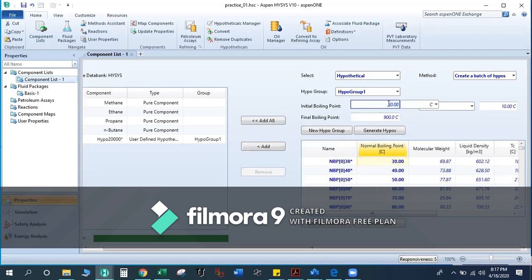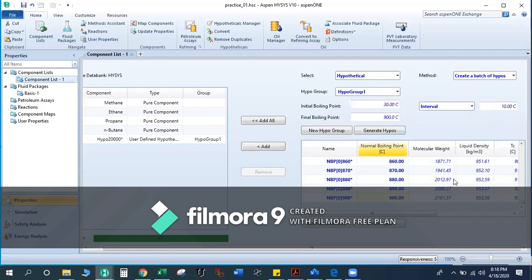Since our IBP was 30 and FBP was 900, at intervals of 10 degrees C all the hypo components have been generated from 30 to 900 degrees C.